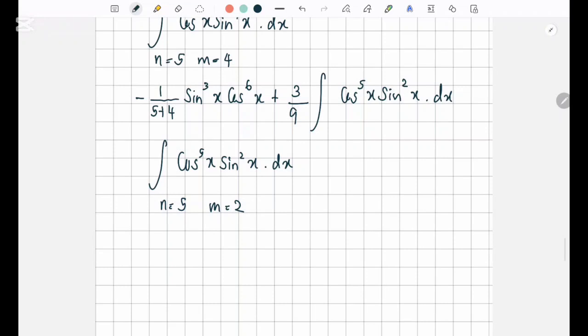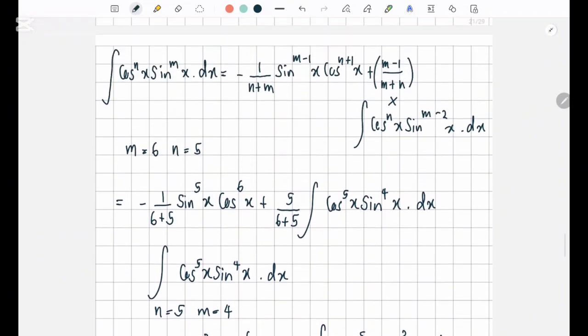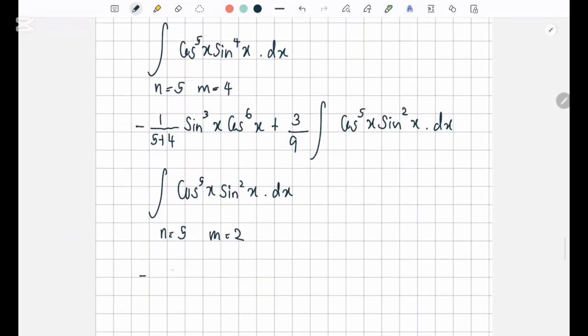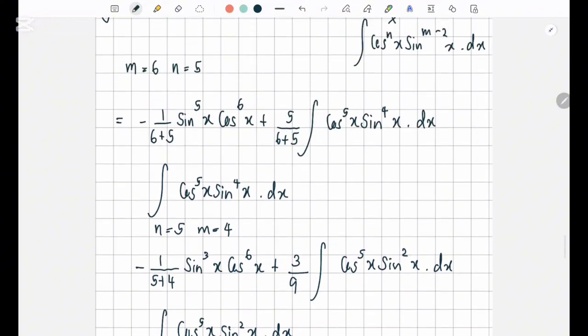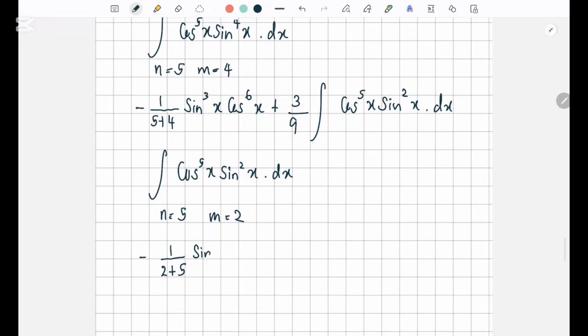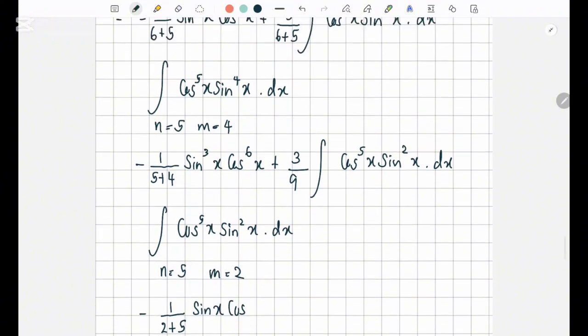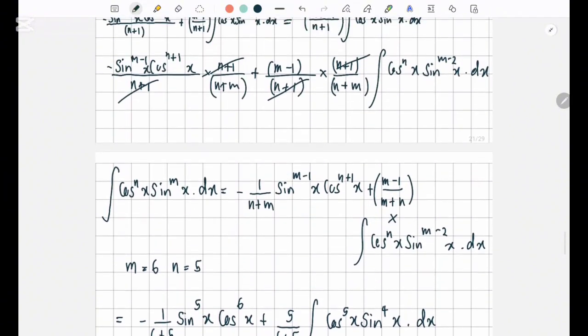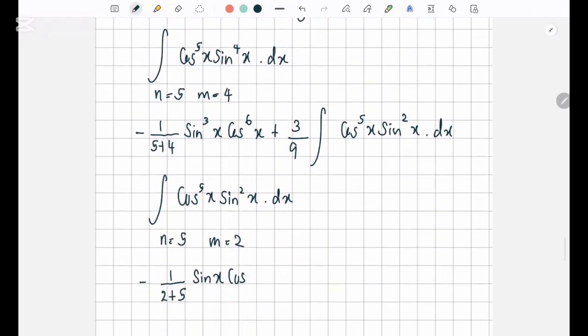So now it's gonna be negative 1 over 2 plus 5 into sine m minus 1 is 1, so it's just sine x, cos x to the power n plus 1, which is